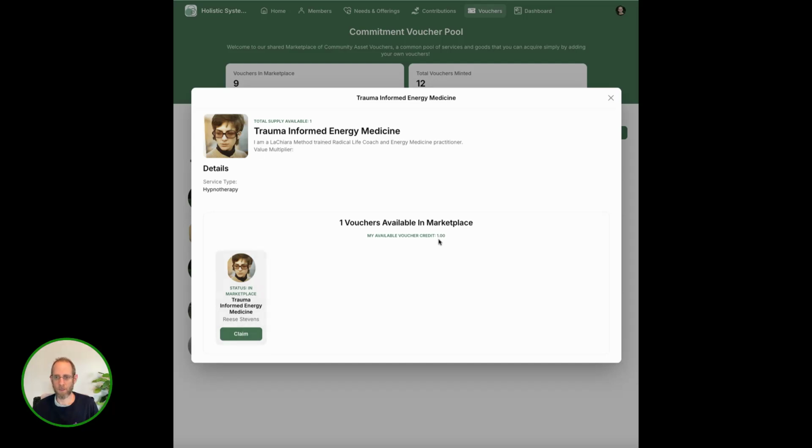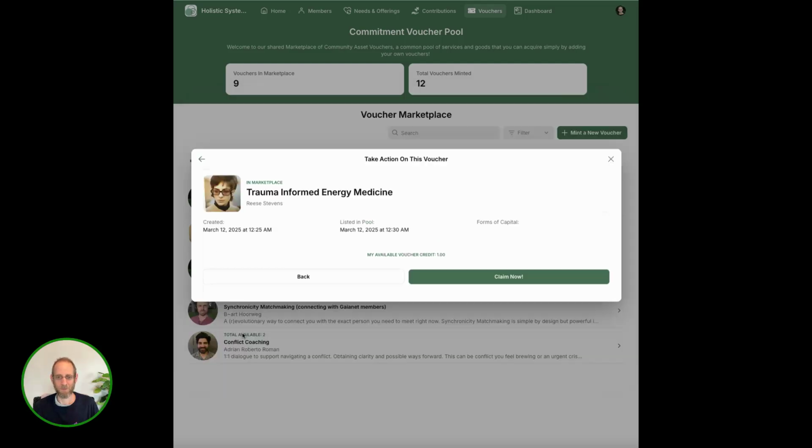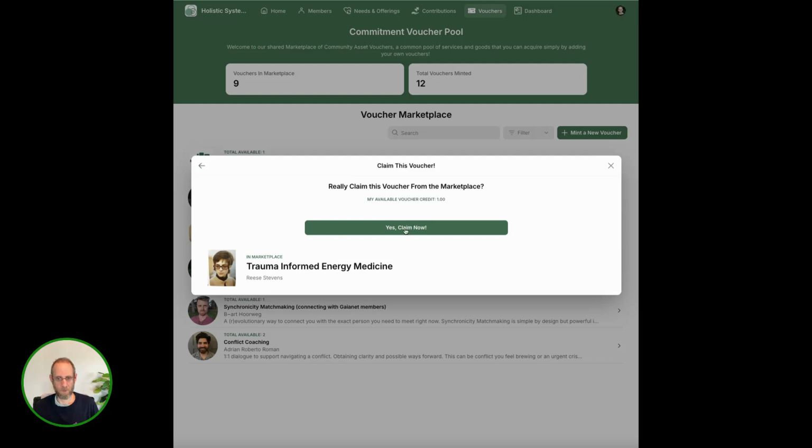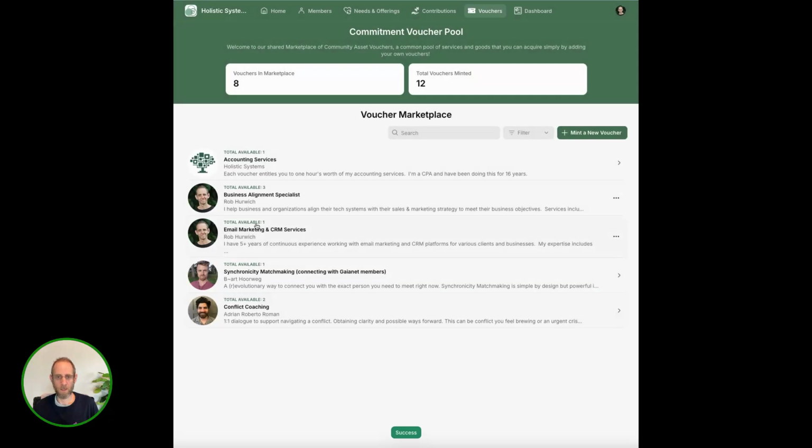I have a credit. I have 1 credit left, so I'm going to claim this. Do I want to claim this? Yes, I do. Now you can see that was the last one that had a supply in the marketplace, so you don't see that offering anymore. We list the offerings when they're actually in the marketplace. But if we go to